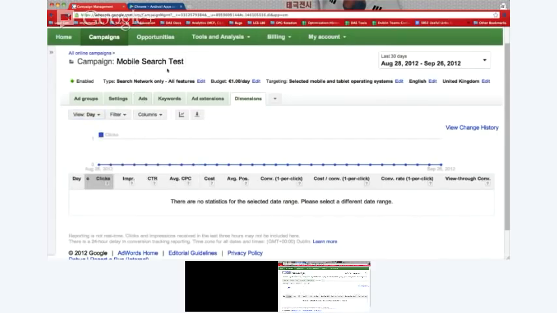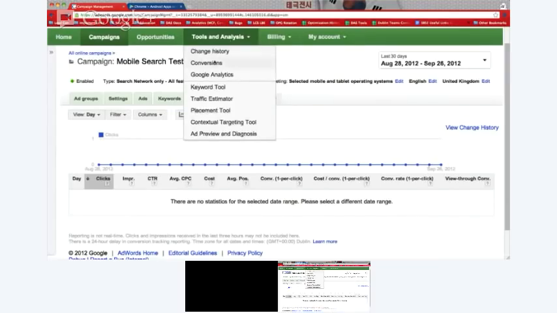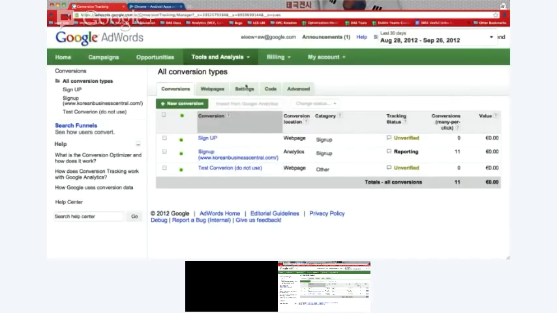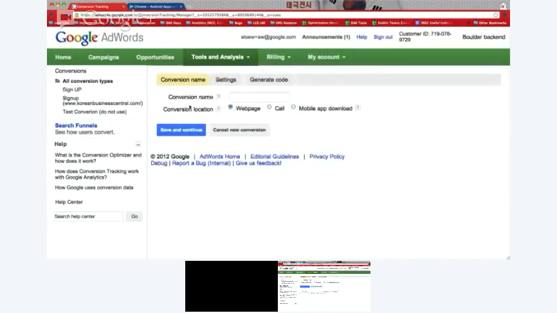So the next thing you should do is mobile app conversions. So conversions on app downloads is obviously the download of the app. And at the moment, we can track Android app downloads only for various legal reasons. So if we do a new conversion, you can do mobile app download, Chrome download,